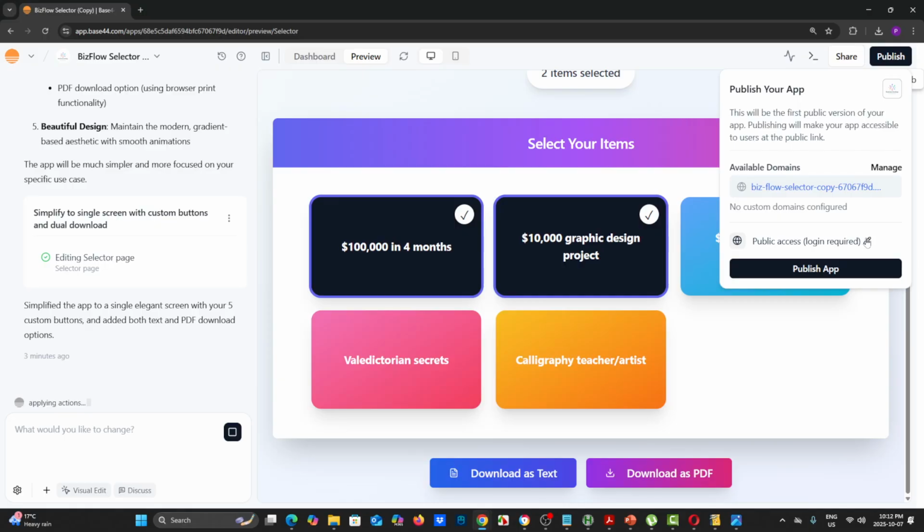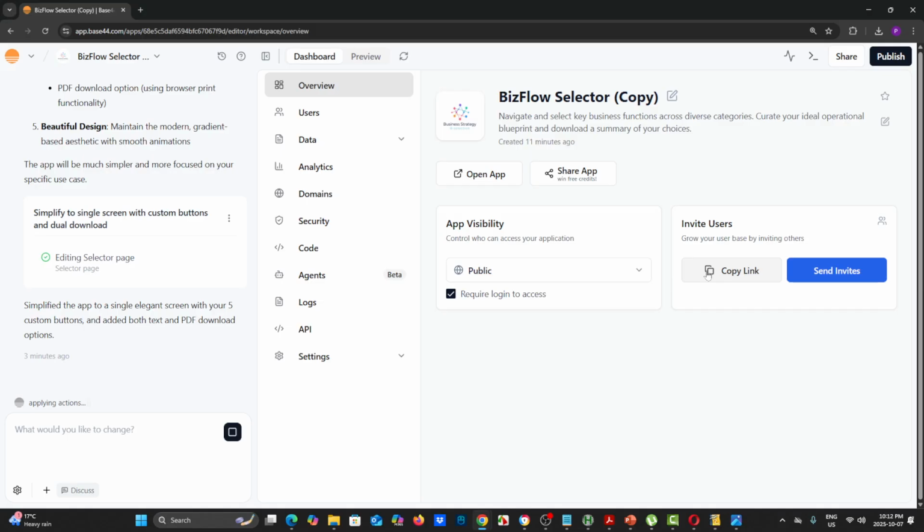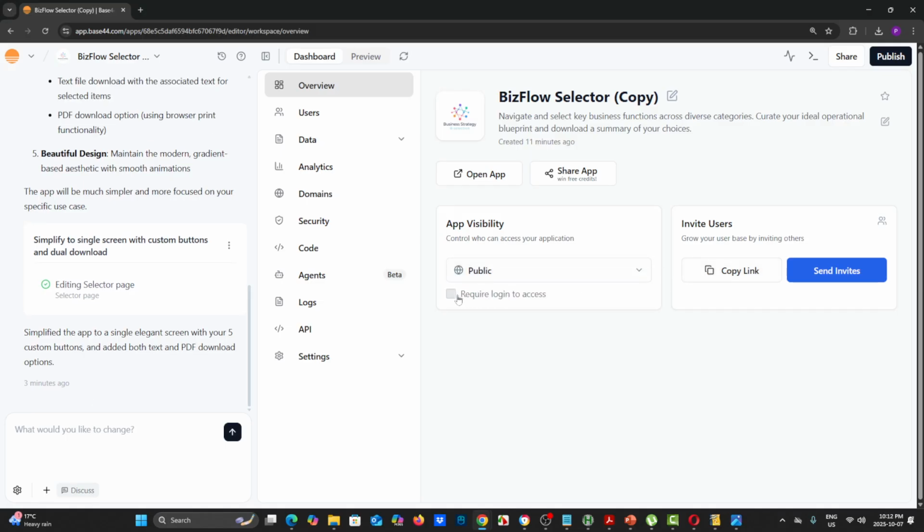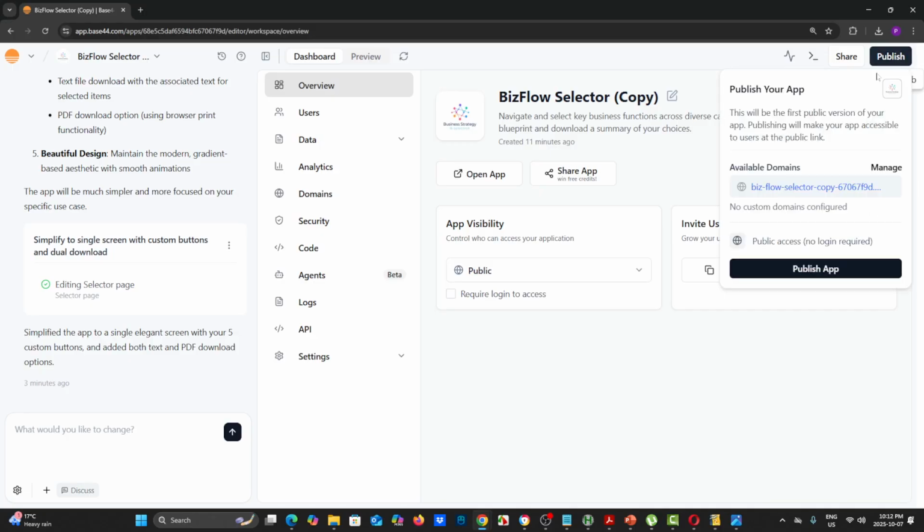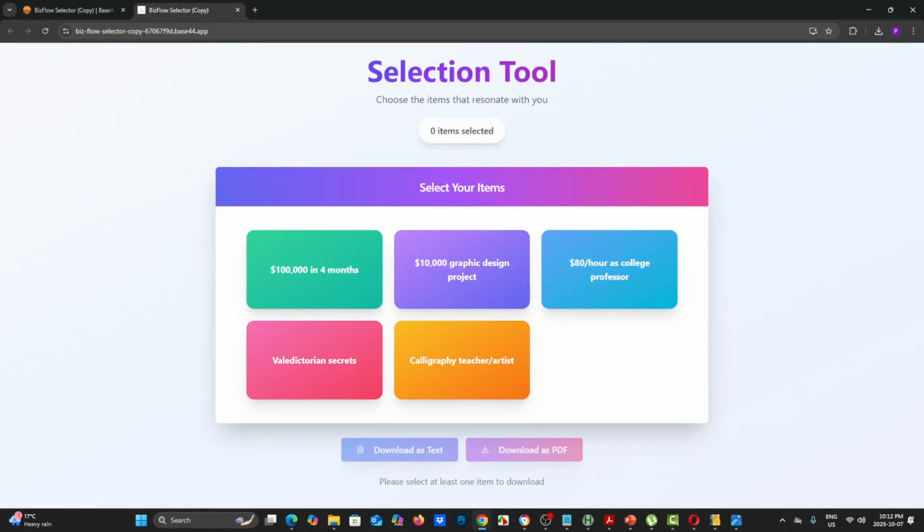Now I want to change this. I don't want people to have to log in. So I'm going to put no. So it's going to simplify. No need for login. And I'm going to publish. No login. Okay, so I published the app, and now you can see here what people would see when I